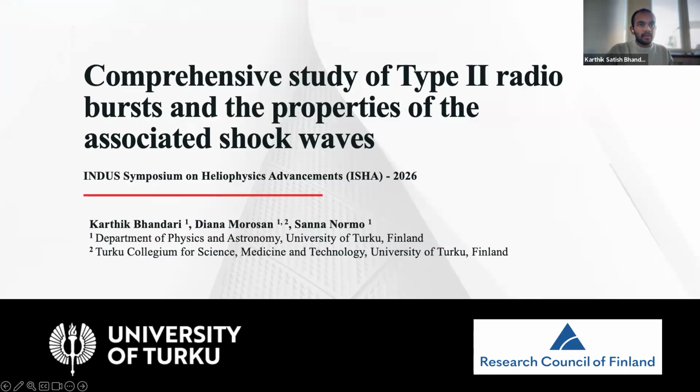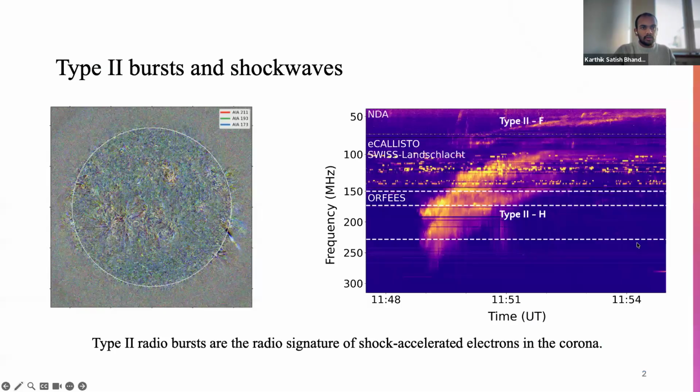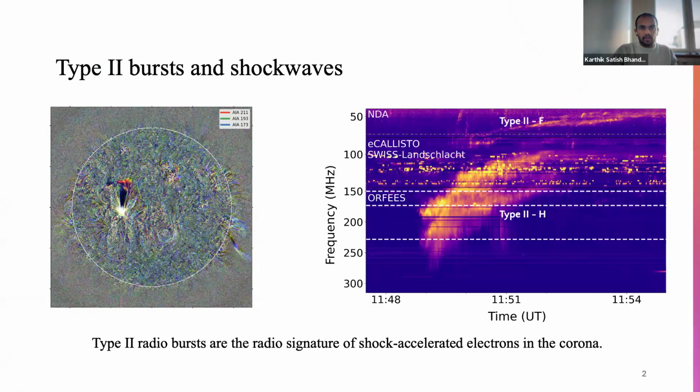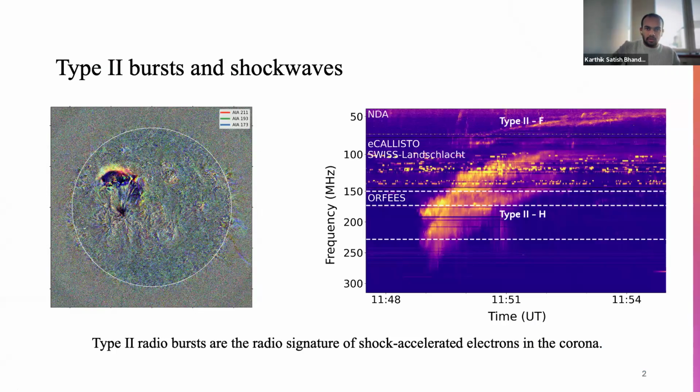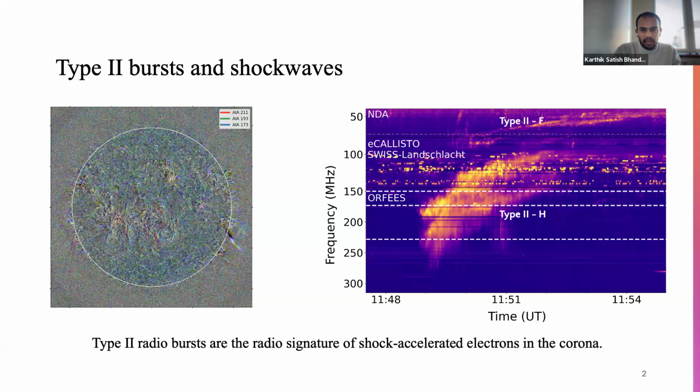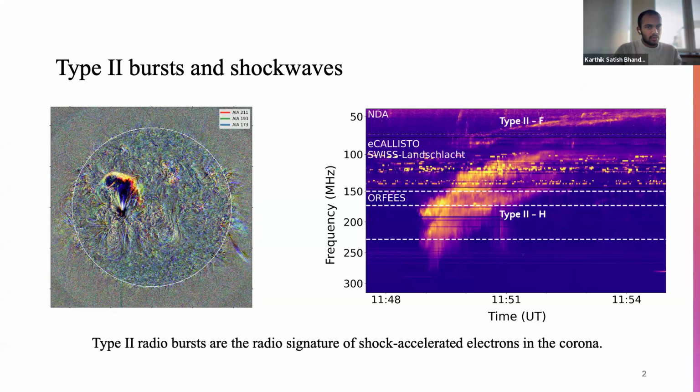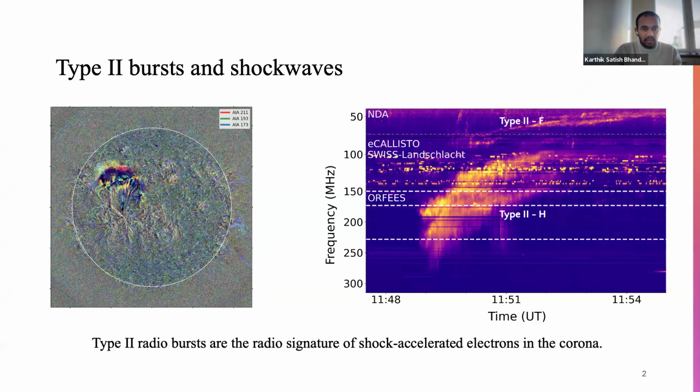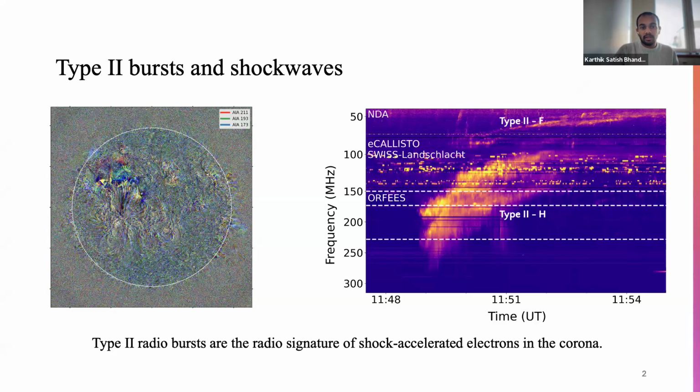So hello, I'm Karthik. I'm doing my PhD at the University of Turku, and as previous speakers talked about various energetic eruptions, I'm going to talk about one of the phenomena associated with these energetic eruptions, which are shock waves. These shock waves are often associated with an eruption happening in the solar corona. So type 2 bursts, the ones that I'm interested in, are associated with shock waves. More specifically, they are generated from